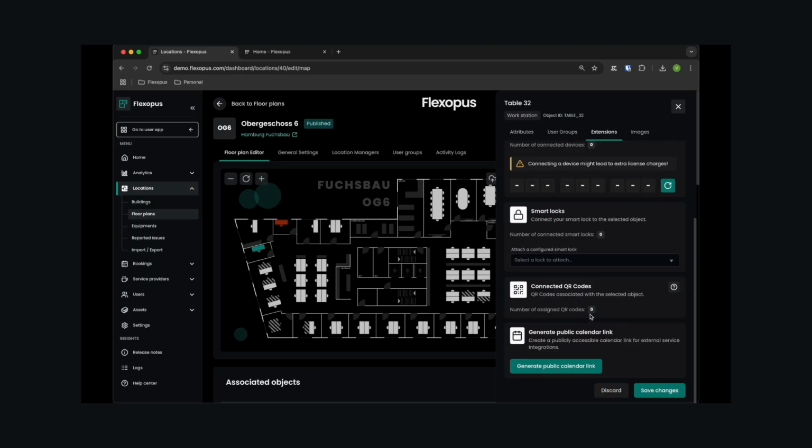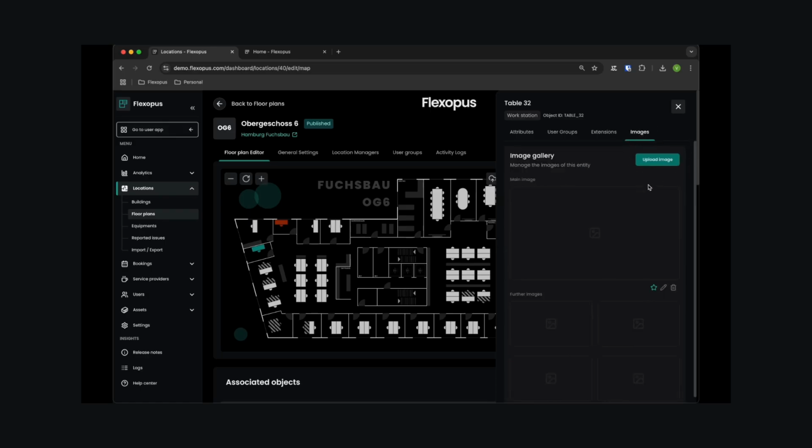You can also link QR codes to resources. Those are usually placed on desks and can be scanned for check-ins after arriving at the office or for spontaneous bookings. In the Images tab, you can upload images of your resources to provide users with a visual reference and